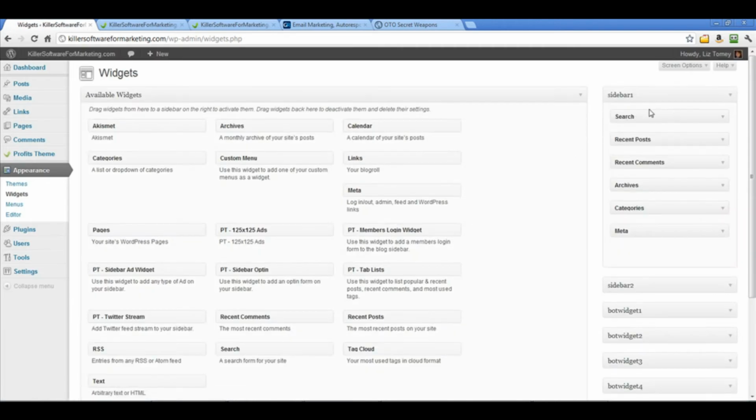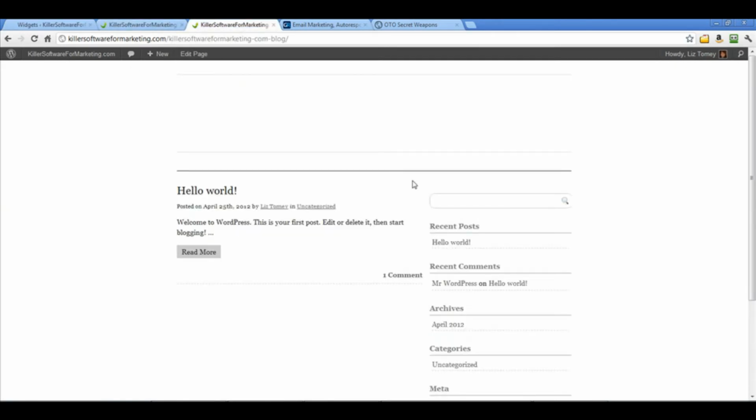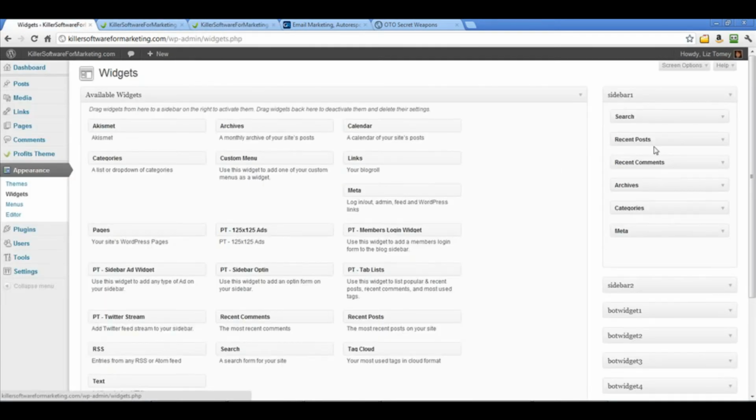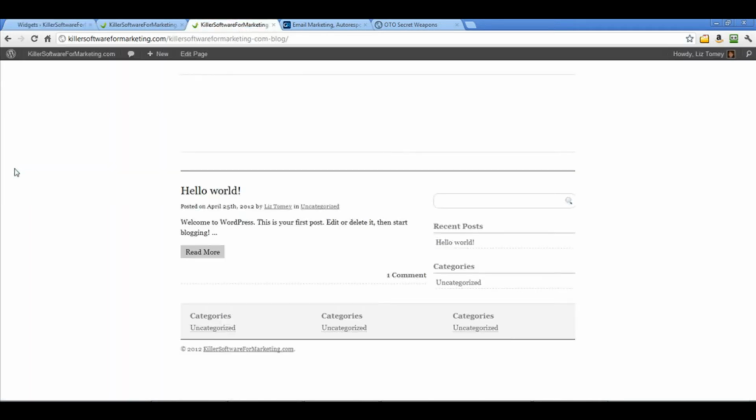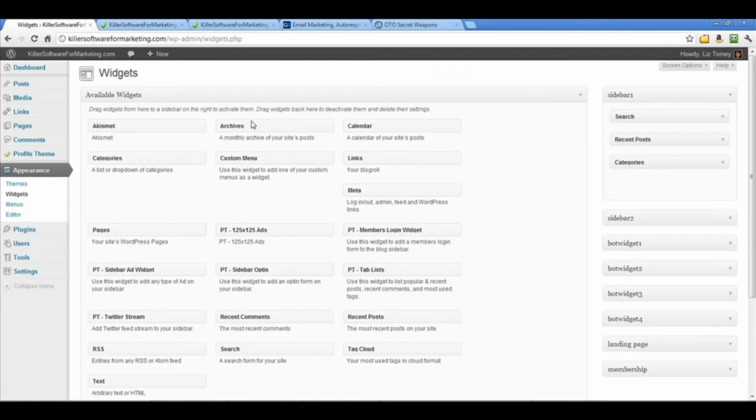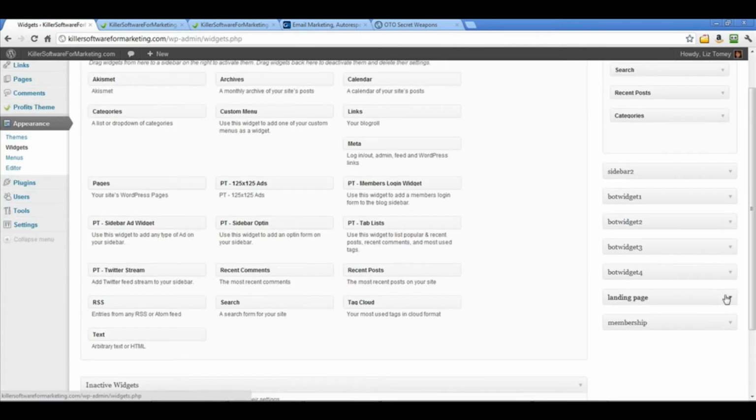So here is the sidebar for your blog. I'm going to leave the search function on it. Recent posts, I'm going to get rid of recent comments, archives. We'll leave categories, we'll get rid of meta. So if we look now, this is what it looks like. So recent post, categories, and then I think